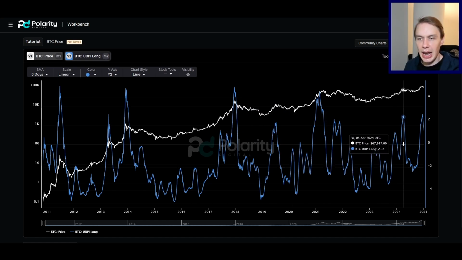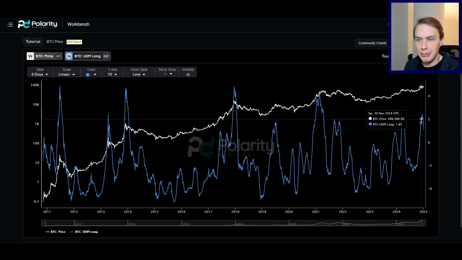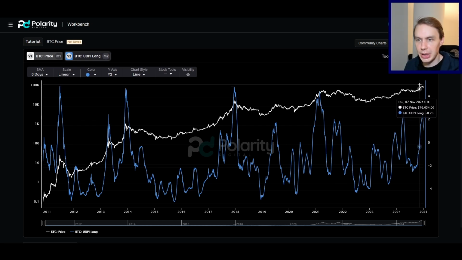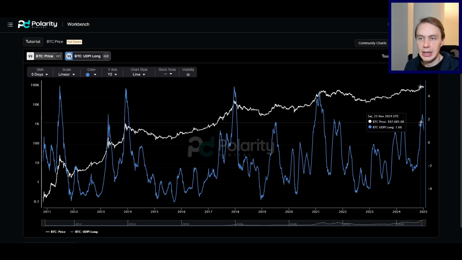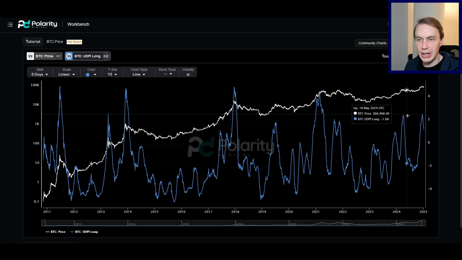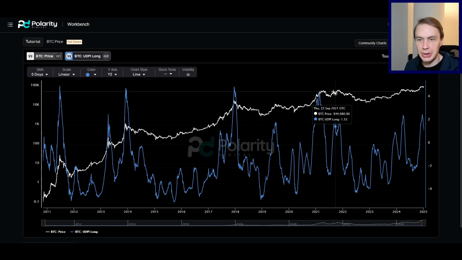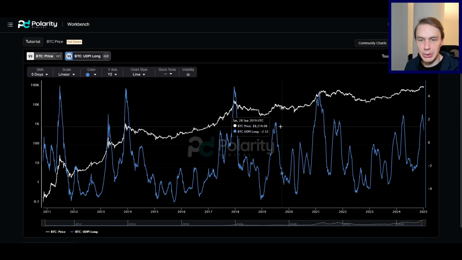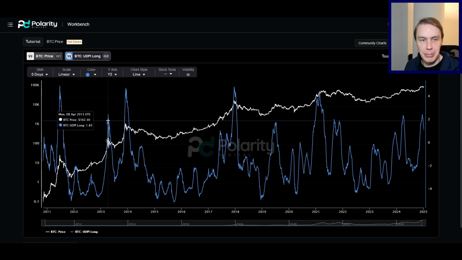Now, one of the things that happened with the long-term UDPI as we went up to the current all-time high up at 108K is that we got to this level that was basically the same level we got rejected at back in this local top back here in March of 24. And it's also a similar level to where we found tops back here in late 2021, but then also back here in 2019, also back here in this mid-cycle top in 2013. Basically, this is an important level.